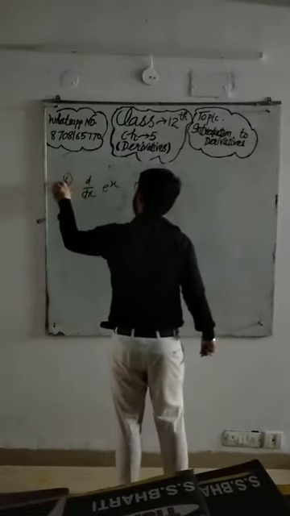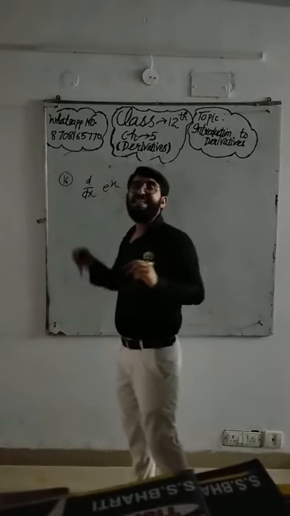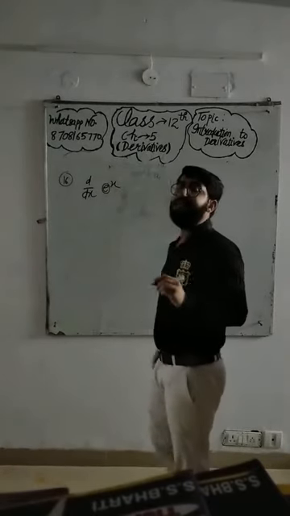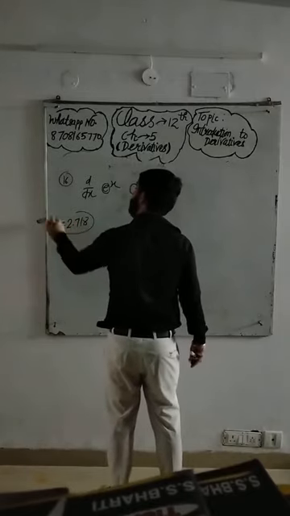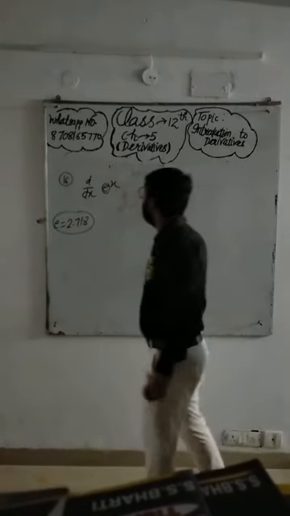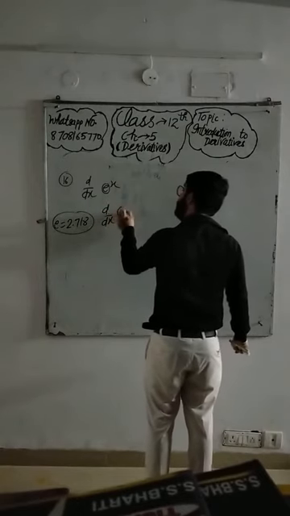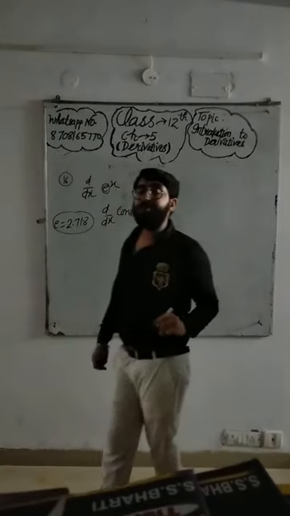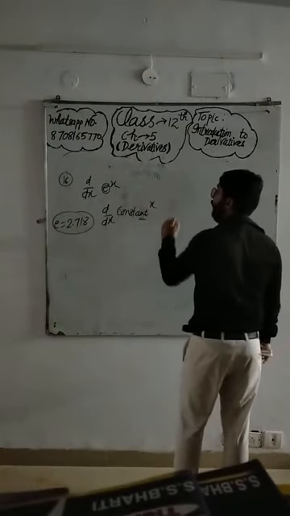If you have forgotten, let me remind you that we have learned the exponential function e. It is the constant whose approximate value is 2.718. Since the approximate value of e is 2.718, it is treated as a constant, not a variable. So this is constant raised to the power variable.